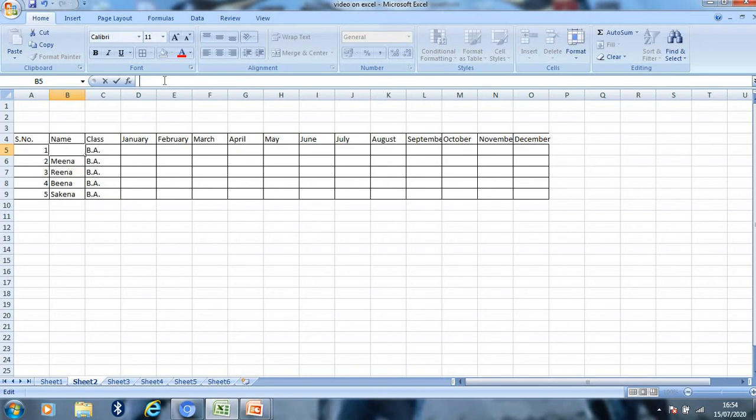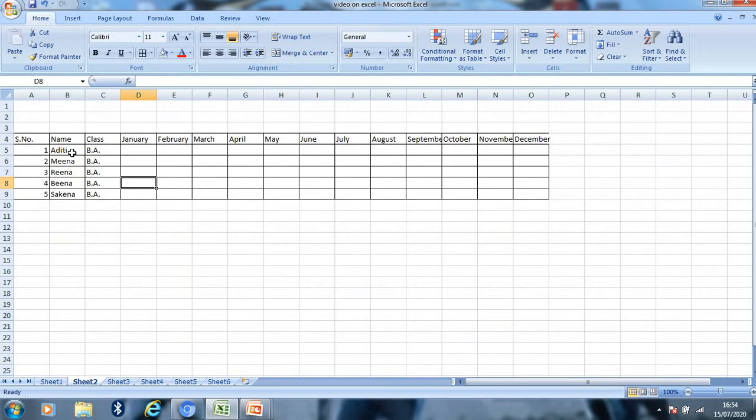Now type here. So the contents of the cell get edited like this.